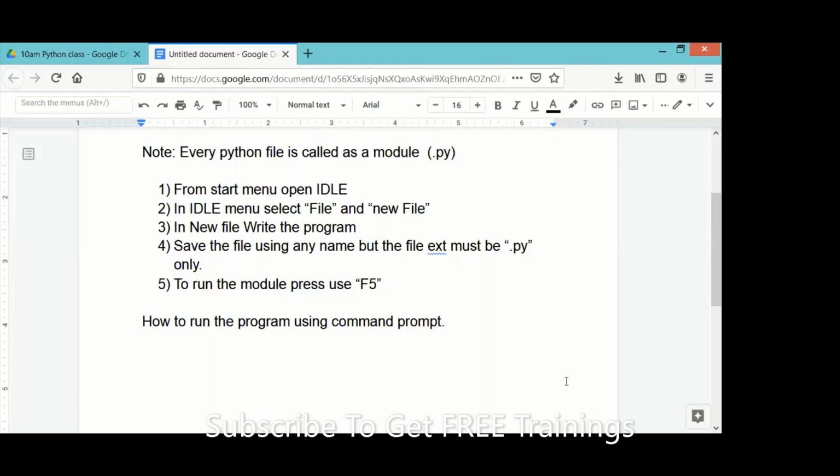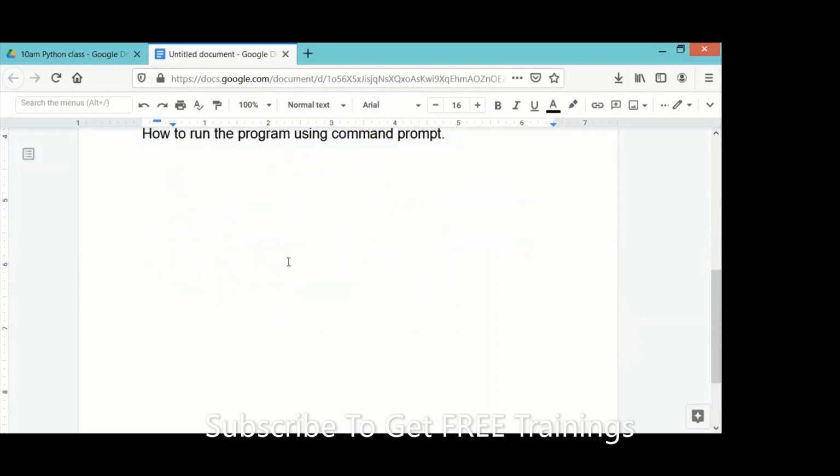Now observe, this is the point I added here, how to run the program using command prompt. Now, just open a command prompt. Let me open my command prompt and share it with you guys.